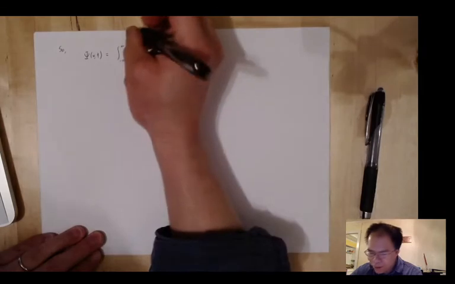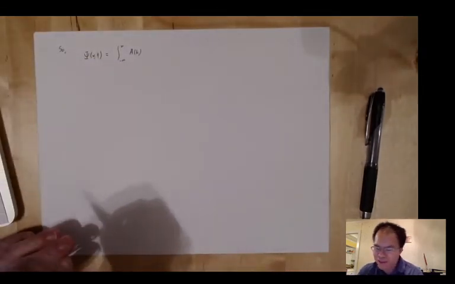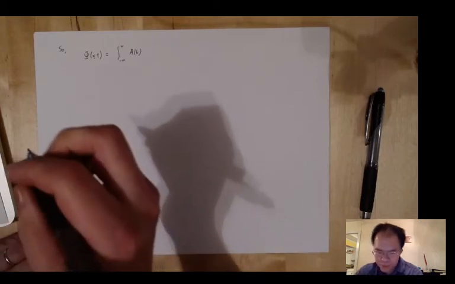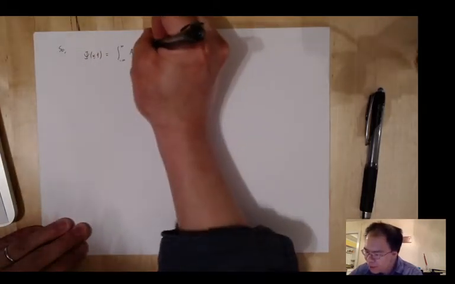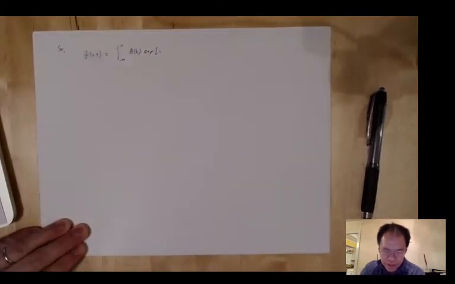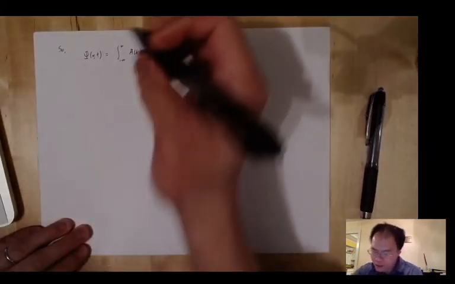And now I'm going to write exp rather than e so that I don't have too many tiny subscripts. So I'm going to have exp i, and then I have kx minus omega k t, which is going to